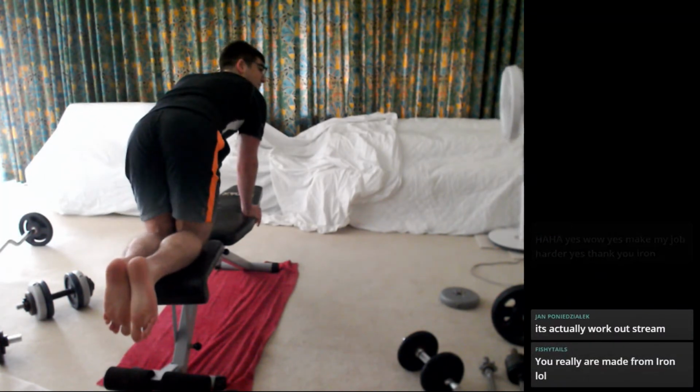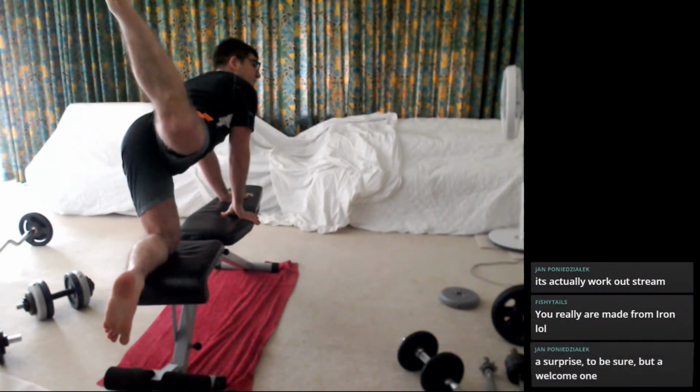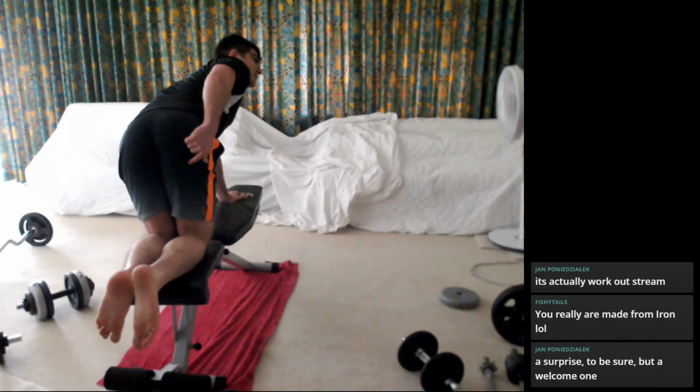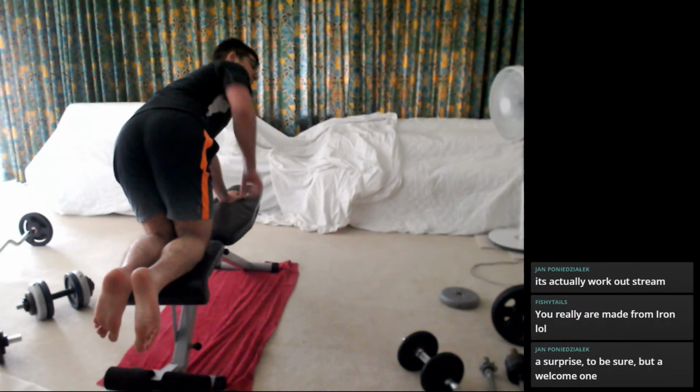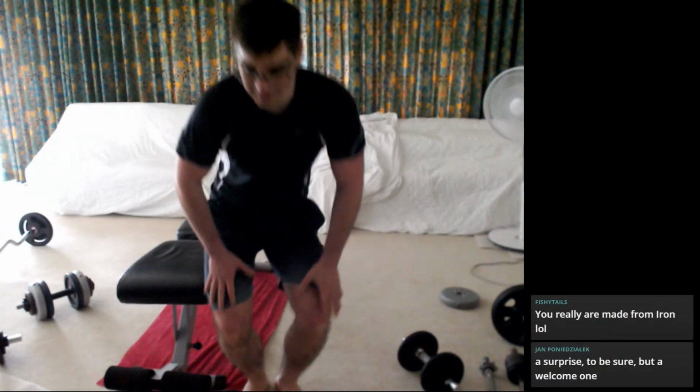Ironically, this is a really good one. I've got to keep my back straighter, but if I can show this, it does work this muscle as it pulls around here. It is a very good butt muscle to work out generally, but for the meme, I just like the idea of Instagram thots be like,